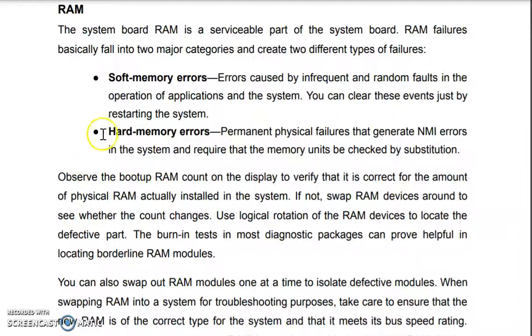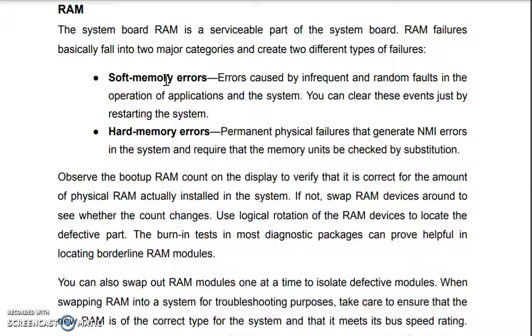So this is one way. This is a hardware related error. Software related error: you are having 1 GB of RAM and you are trying to load so many applications, then it will give some faults and it will not run, and directly it will shut down all the applications. So at that time, simply shut down your system and restart it and see whether it is running or not. So that may be the memory loading problem.